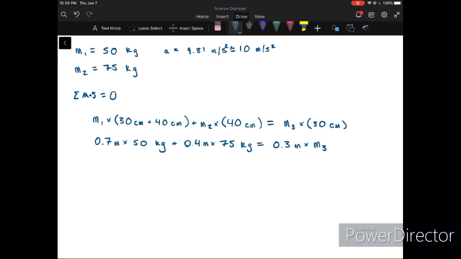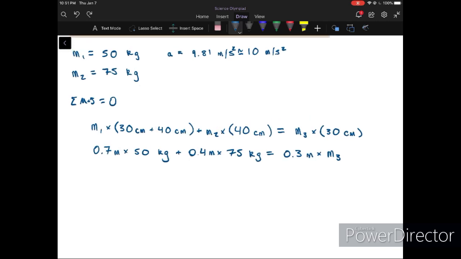So we get that 0.7 times 50. We know that 0.7 meters times 50 kilograms is going to be equal to 35 meters times kilograms, plus 0.4 times 75 is going to be equal to 30 meters times kilograms. And that is all going to be equal to 0.3 times M3